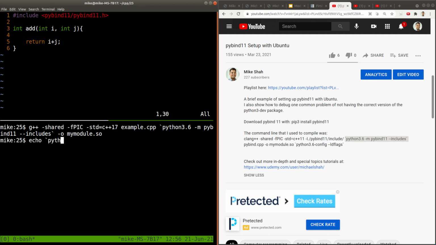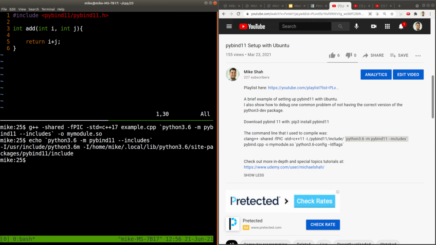If I actually echo python3.6-m pybind11 --includes, let's see if this gives us anything. And it actually will. What this line is doing, whenever I put it between these tick marks, which are probably by your one key, the backwards-looking slanted quotation marks, it's actually interpreting, from the Python module, and if I pass these includes flags, it's setting these include flags to say, hey, where do I find all my Python 3.6 flags? You can see that it generates these extra include paths. We could otherwise just paste these in instead of executing this.